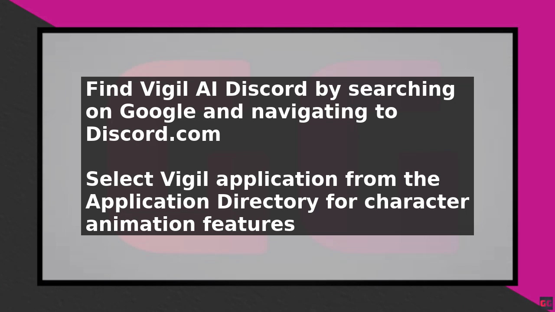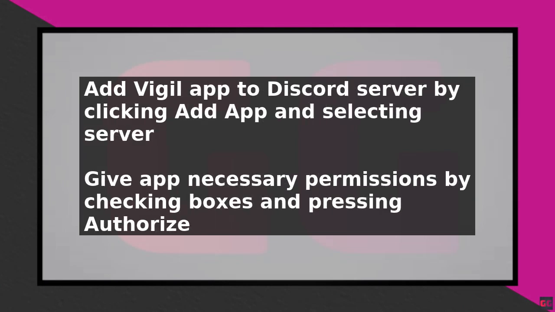the app to your Discord server. To do this, click the Add App button. Then select the server you want to add it to. This can be a server you created or one that a friend invited you to. Once you've selected the server, click Continue, and give the app all the necessary permissions by checking all the boxes